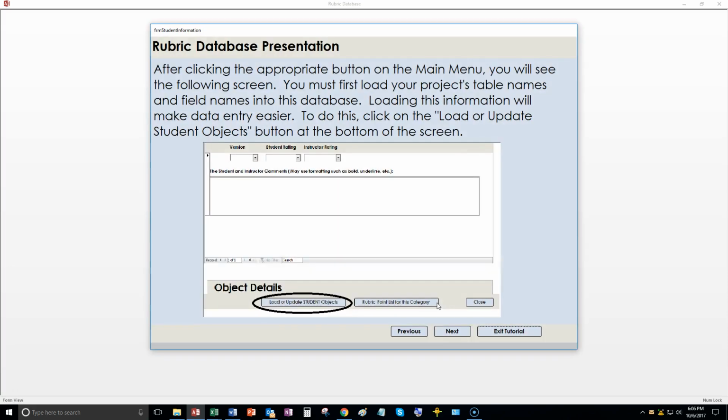From the main menu, you'll go to the screen, and you'll find the rubric points on the screen, and you'll scroll down and you can put in your information. But before you do that, you want to load your final project, and I'm